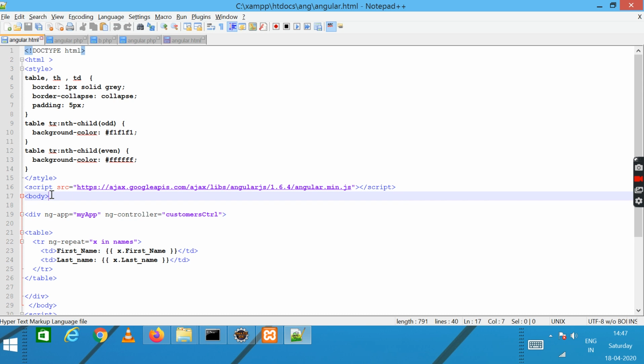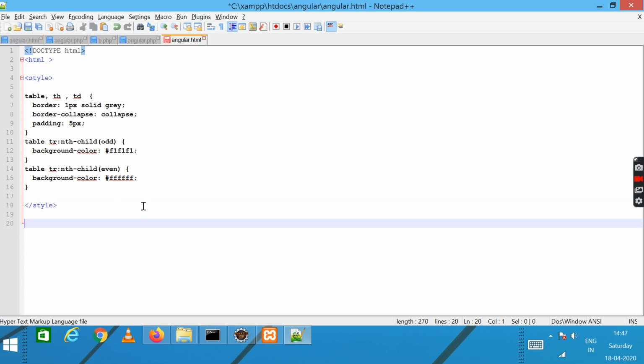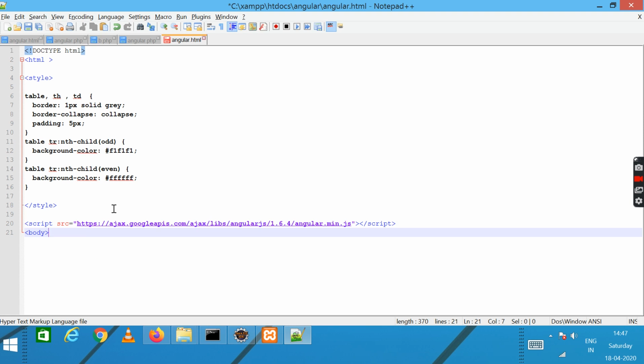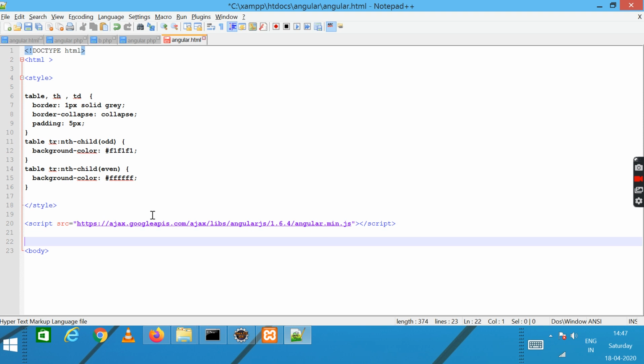CDN part. So after style tag we'll write script tag. So in script tag we have script src, and this AngularJS CDN is required. So this is mandatory CDN.